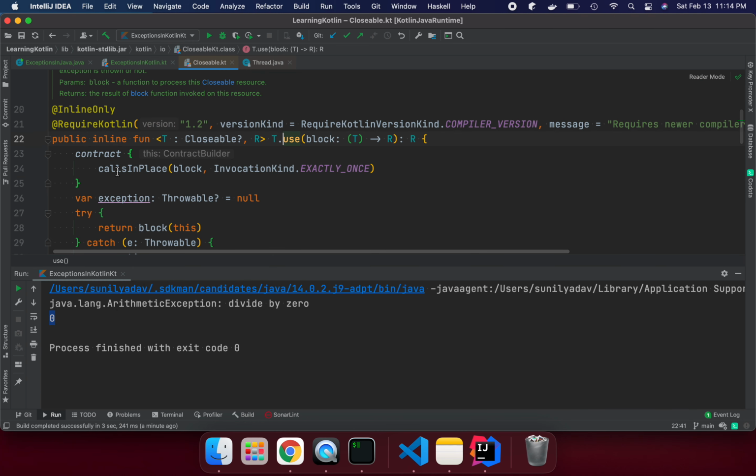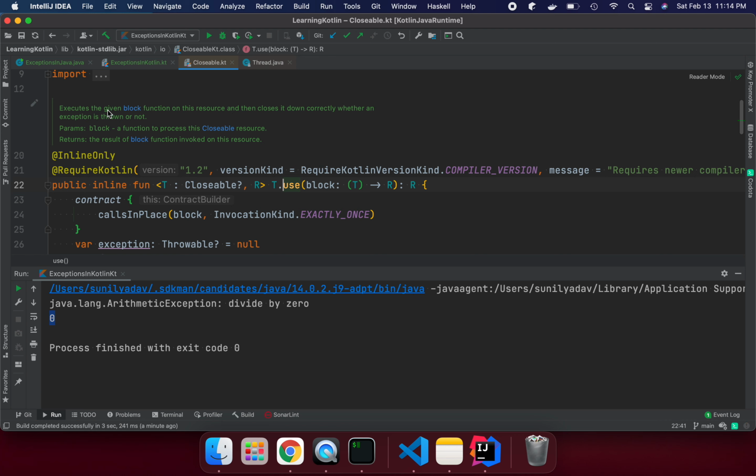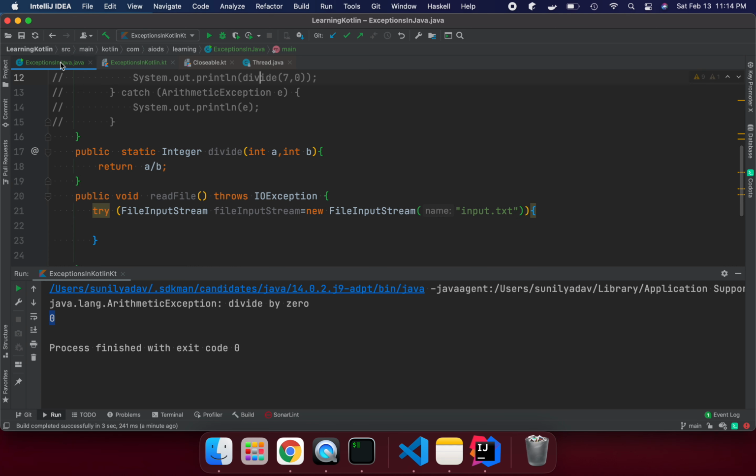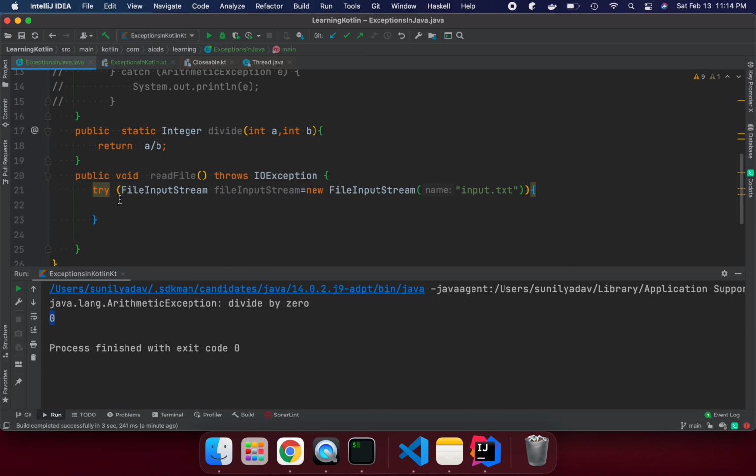If you go into the detail, use executes the given block function on this resource and then closes it correctly whether an exception is thrown or not, so the connection is going to be closed. We don't need a finally block the way we had try, catch, and finally earlier. This is sufficient to close the connection if anything goes wrong, and also after successful completion.